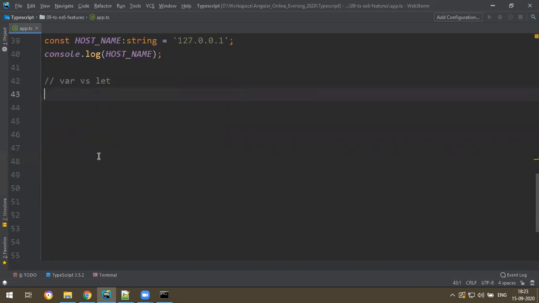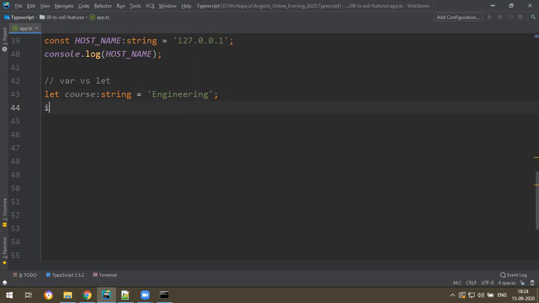See, suppose I declare a variable, let course, just say course is equal to engineering. Course is engineering. Okay, global.